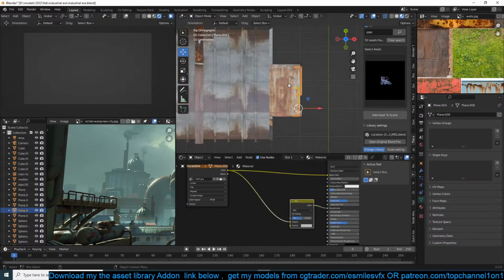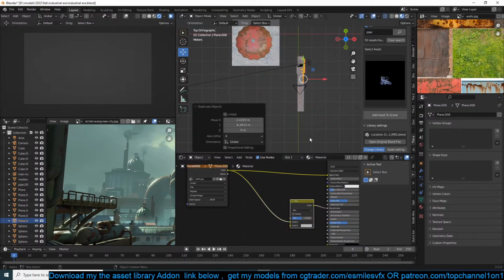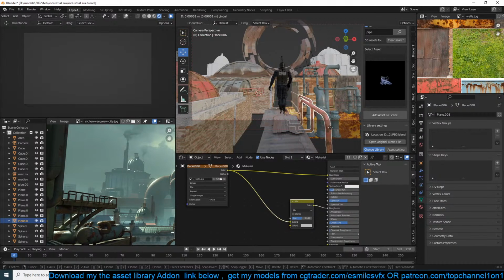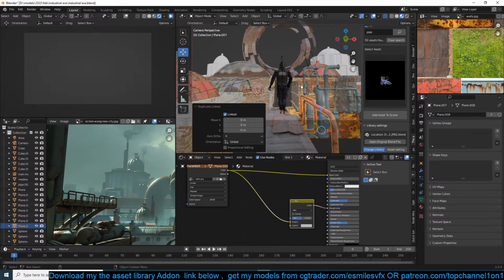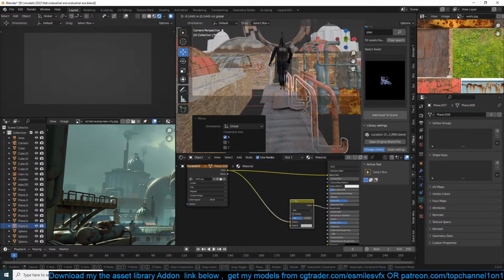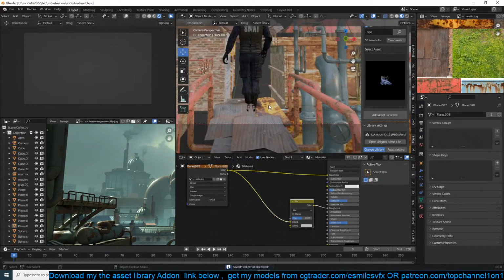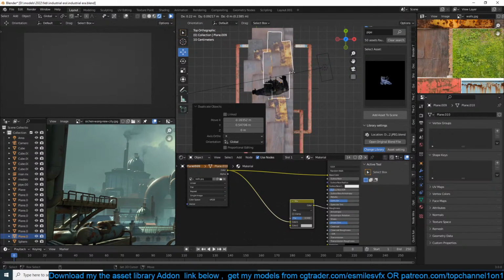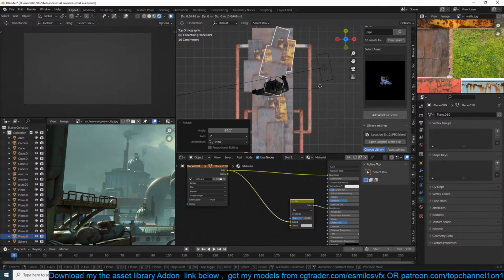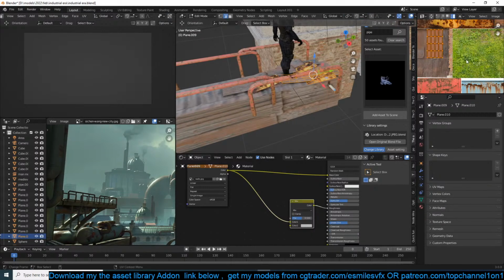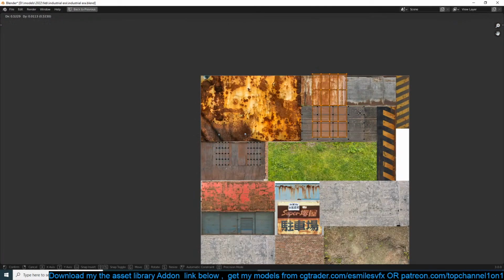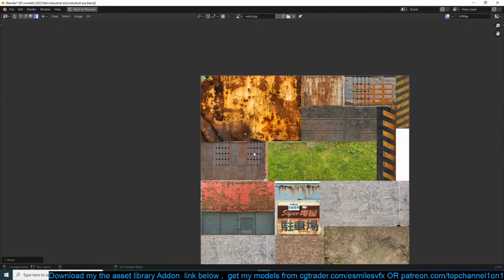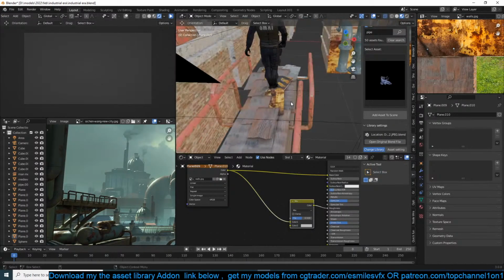I think I can also grab these, have them here. So